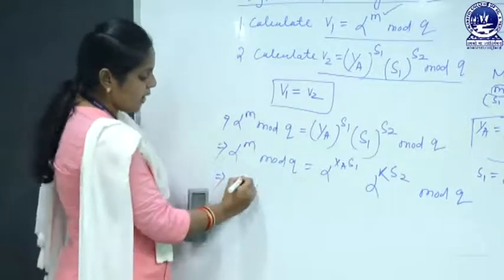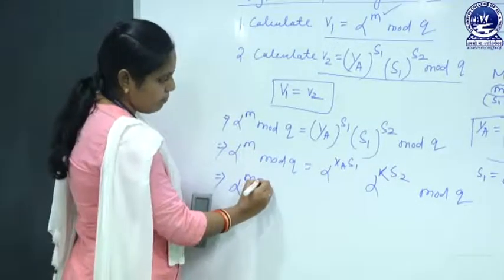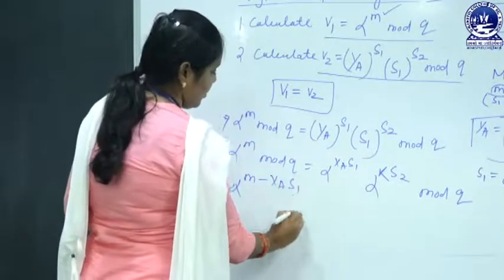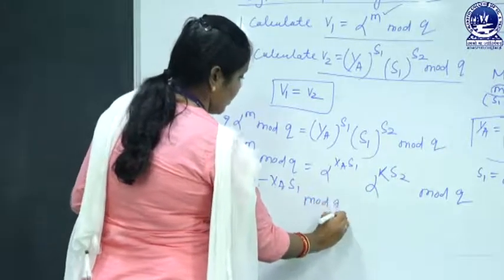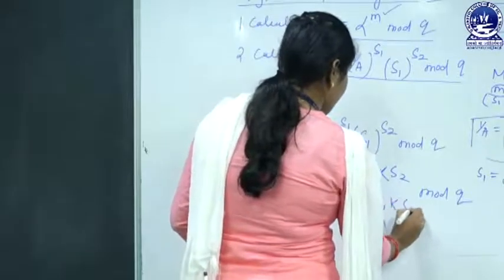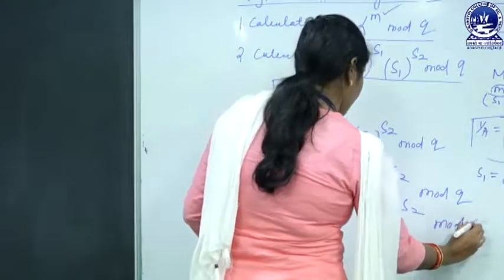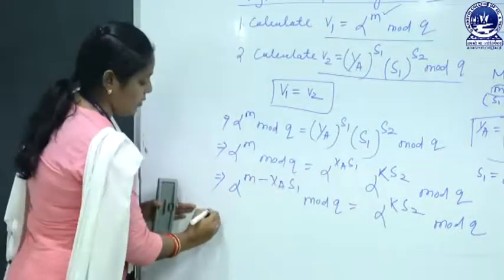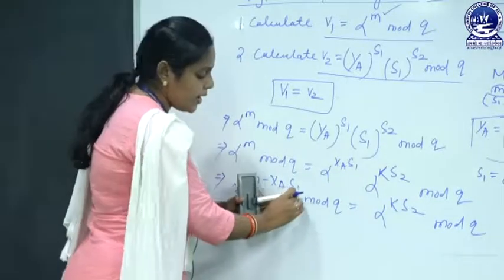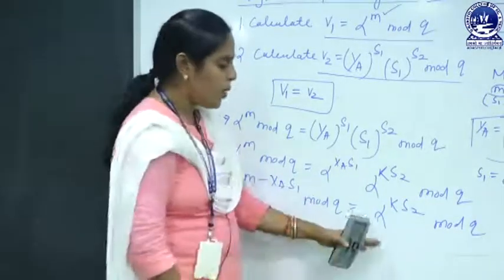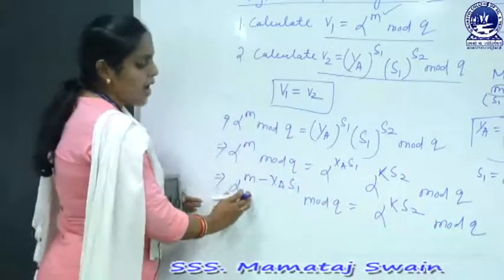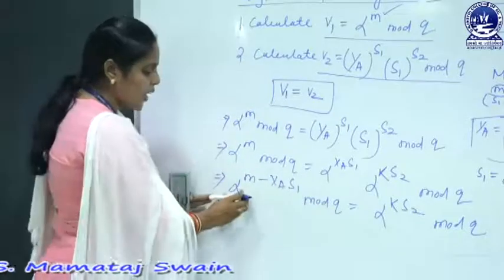That means I can write alpha to the power m minus xa s1 mod q, which is equal to alpha to the power k s2 mod q. Here our base is alpha on both sides,